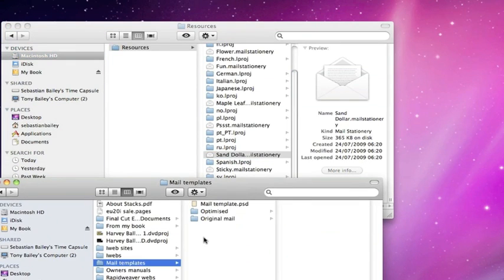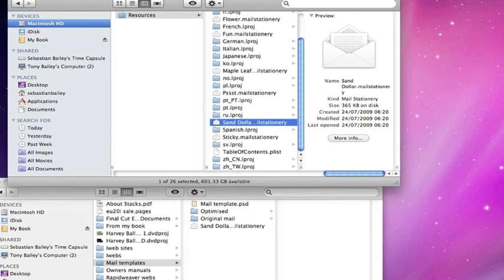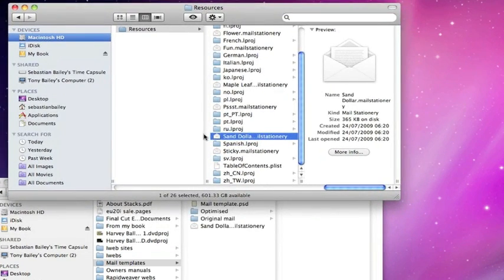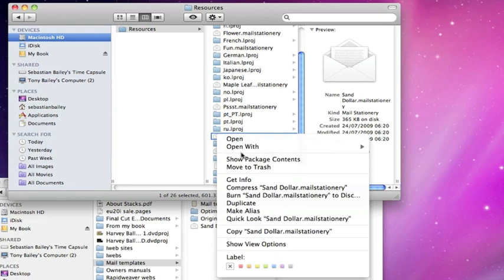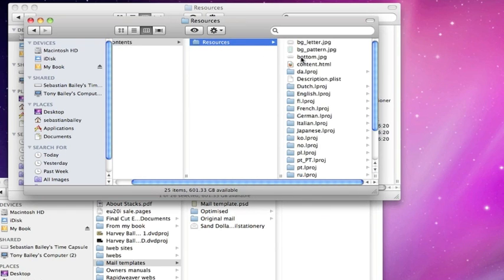Okay, and we'll put that into, just put it in the folder here in your mail stationery. So paste item, and there it is, it's in there. So that's the one we're going to change, the one we've just put in our project folder. It's the one where anything we make a change on will be made there for now. So let's have a look inside the package contents within the main one. So let's show package contents, resources, and